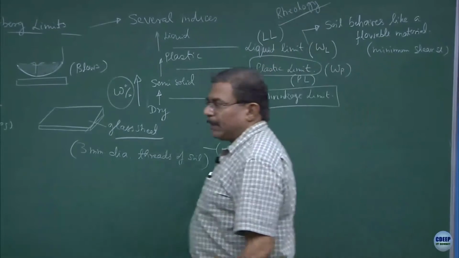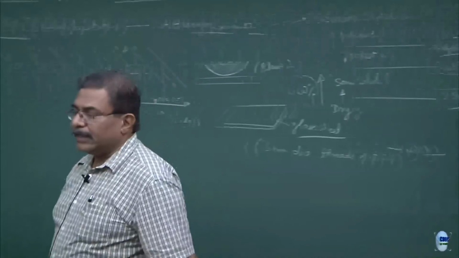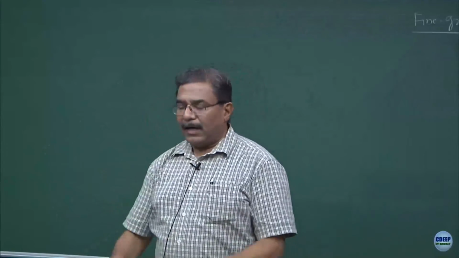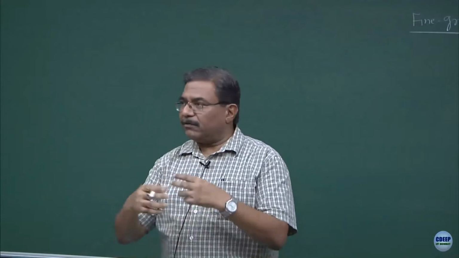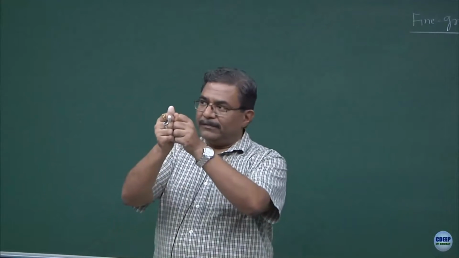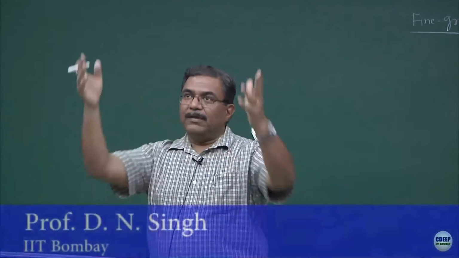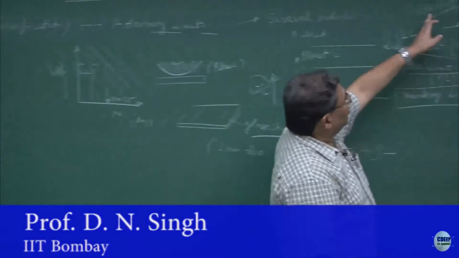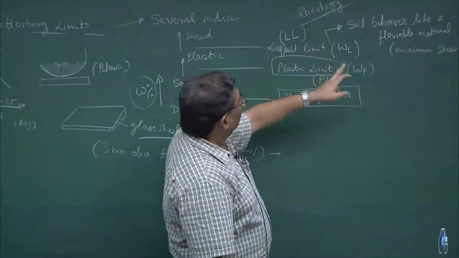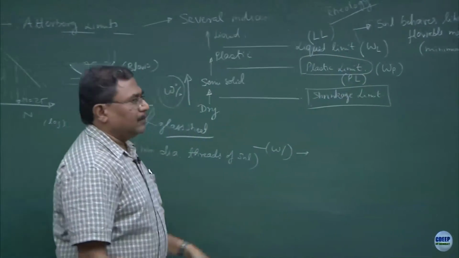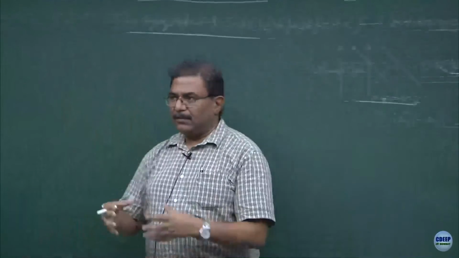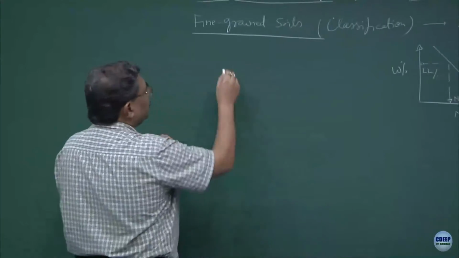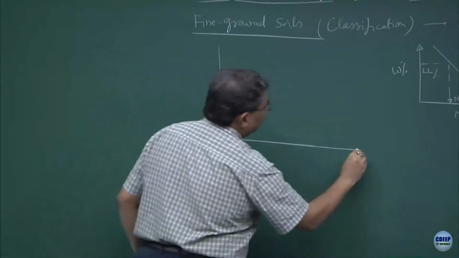Those of you who might get a chance to work in the dredging industry, where you want to create artificial islands and you want to create a paste of the soil and throw it, the way you do paintings on the wall, that is also a good example of rheology of paints and varnishes. So, their liquid limit becomes important. Plastic limit is sculptures, making potteries and so on. So, this is the model which is normally used.